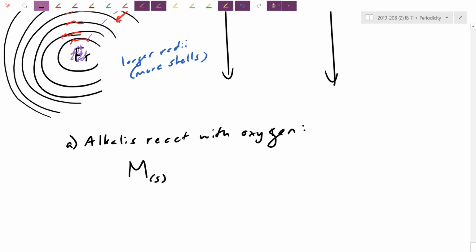I can state that they're solids. We already talked about metallic bonding being strong. This metal here can react with oxygen. This one here is not so hard to predict because I have element and element. You predict that it would be a synthesis reaction here. And if you look at the charges here, I'm going to get